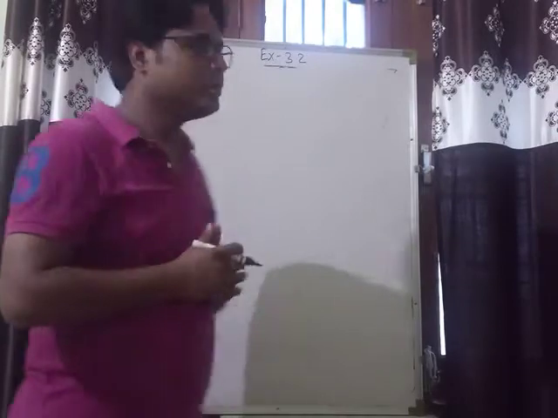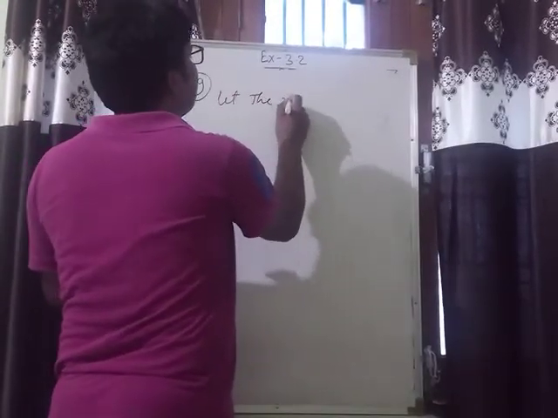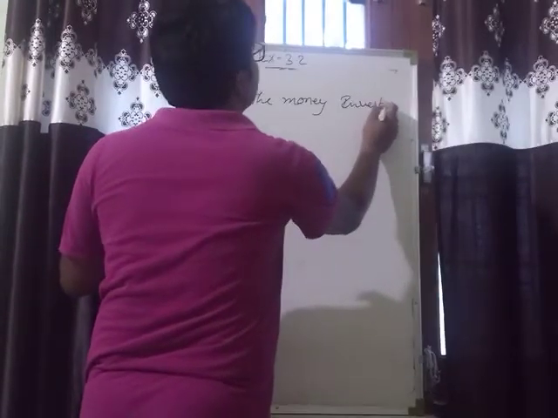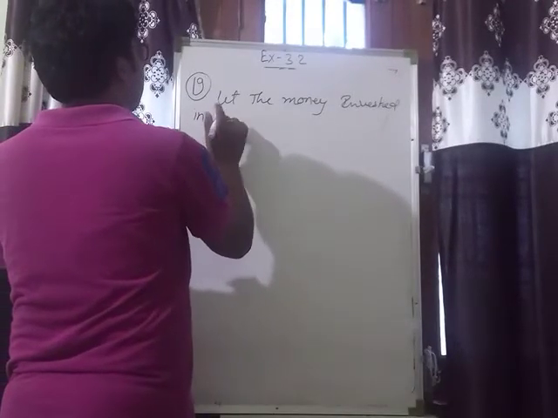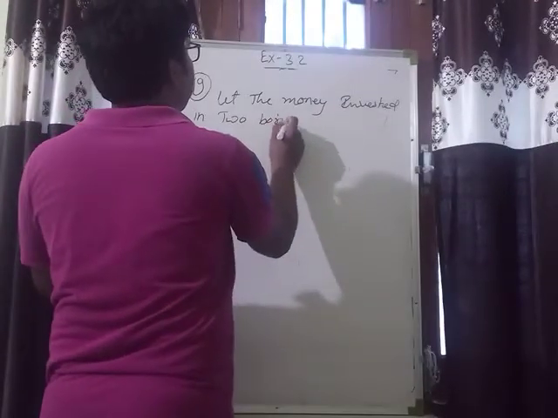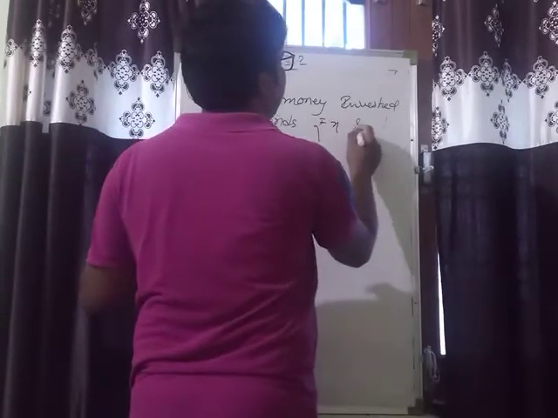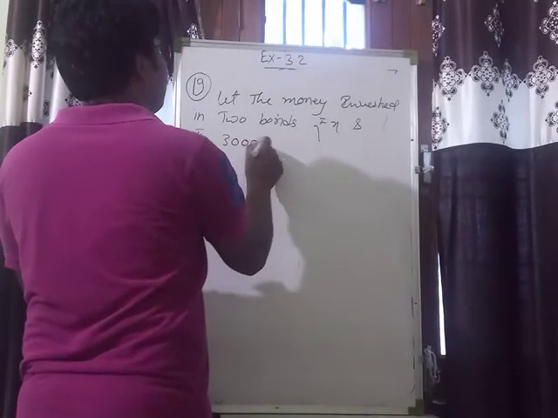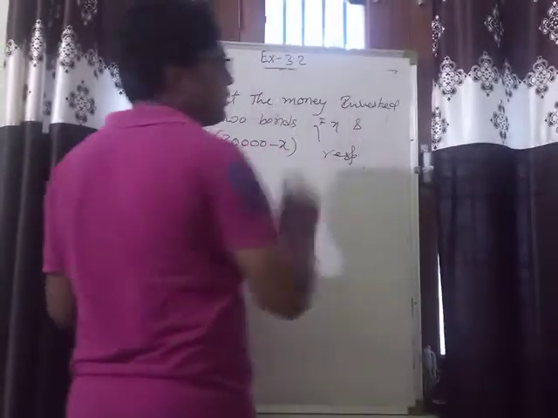So I am going to take, let the money invested in two bonds be rupees x and rupees 30,000 minus x respectively. Okay,